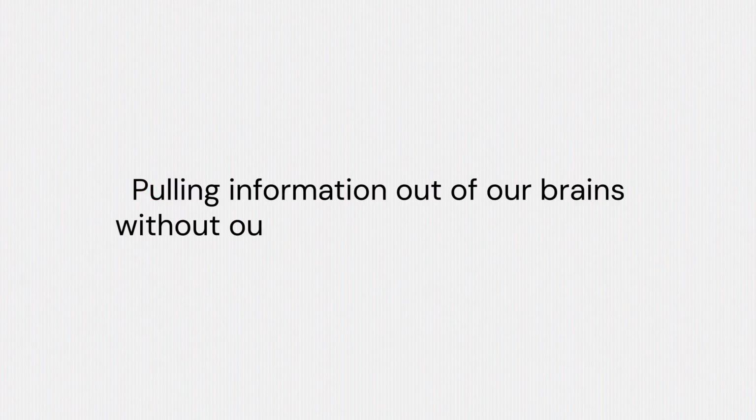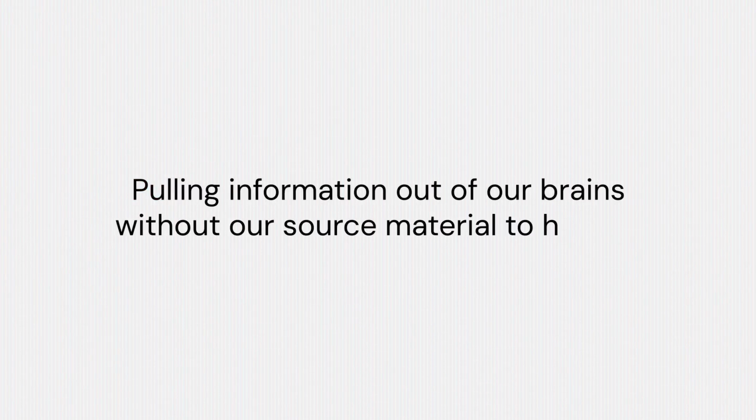The first secret is active recall, and this is a principle that has an ample number of supporting literature. In its simplest explanation, it is pulling information out of our brains without our source material to help us. And that's why it's synonymous with free recall. We are freely remembering a piece of information without a cue to help us. And it's a great way to self-assess.